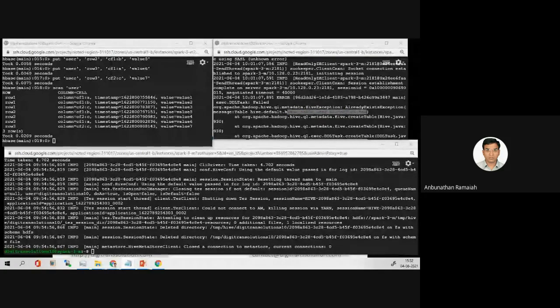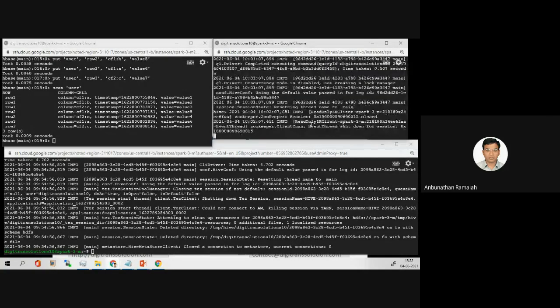How we did, we'll do in the same way. The name of the table is HBase table user. So first we'll drop this table, then we'll create. This is the error it is showing.